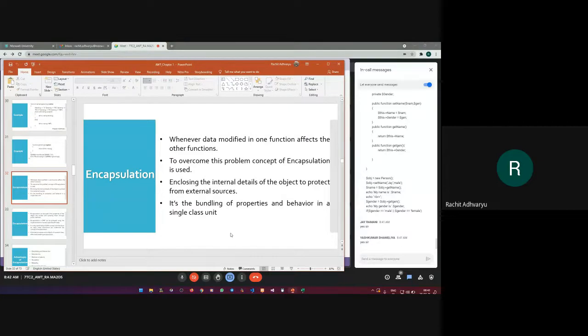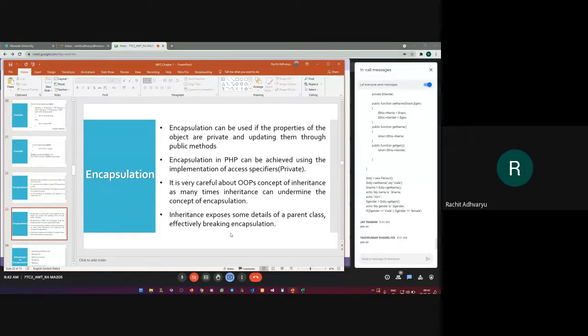And what are the advantages of it? Anyone can tell me? What are the advantages of encapsulation? It's purely theory. I'm not going to go deep down in this theory. You know this from your third semester, from OOP. What are the advantages of encapsulation? Be quick to answer.